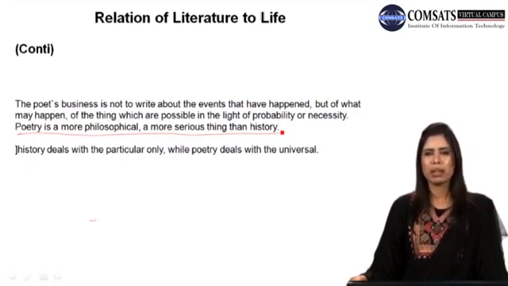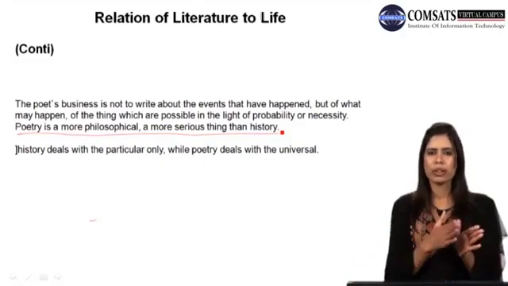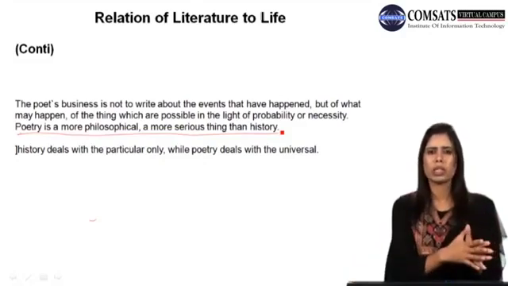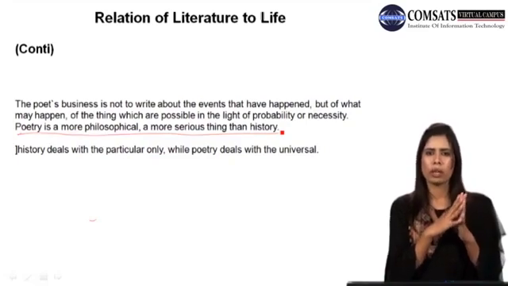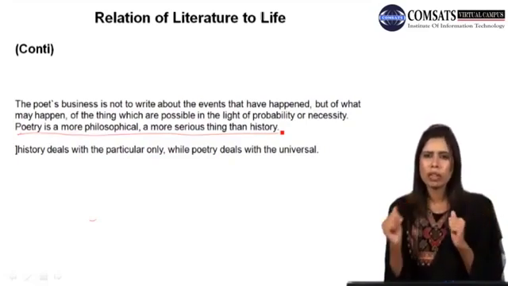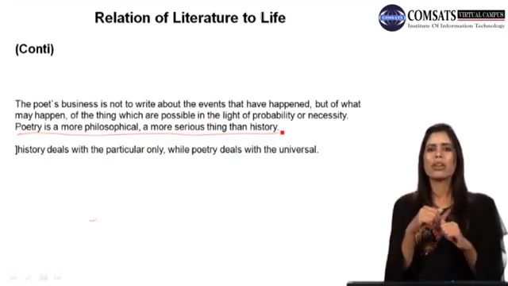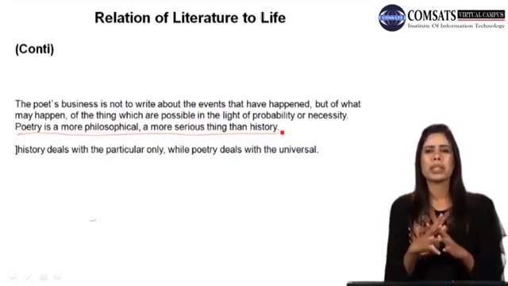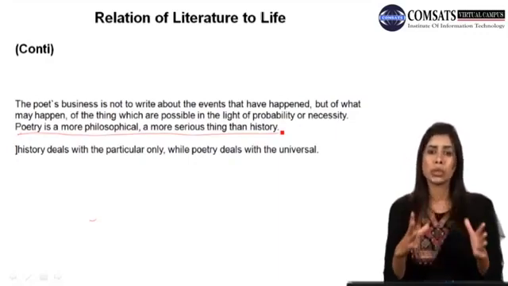So for example, if we talk about the history of English literature, that is purely about English literature only. But when we talk about literature or poetry, that is universal. This is one of the most significant characteristics of literature, that it has a universal element. History is quite particular, restricted to any particular society, any particular genre, any particular literature. But on the other hand, literature has a universal element, because this is about life, this is about human emotions,